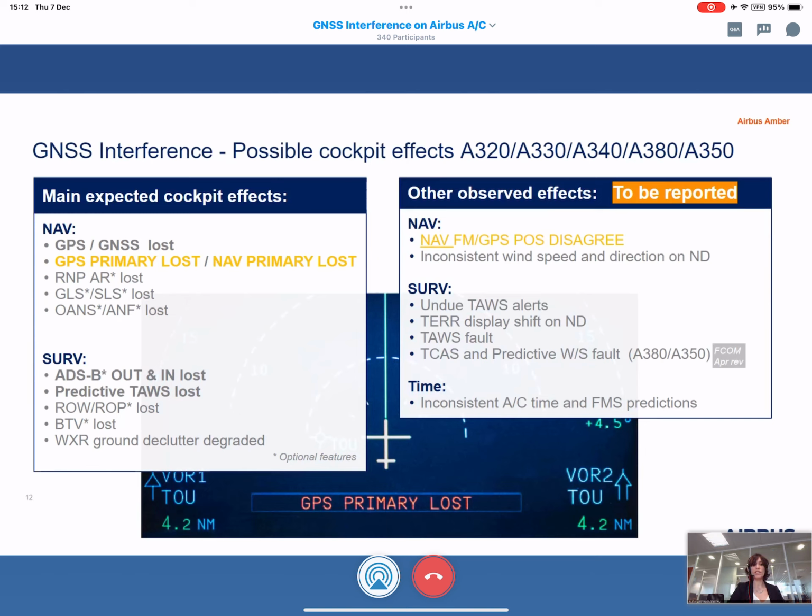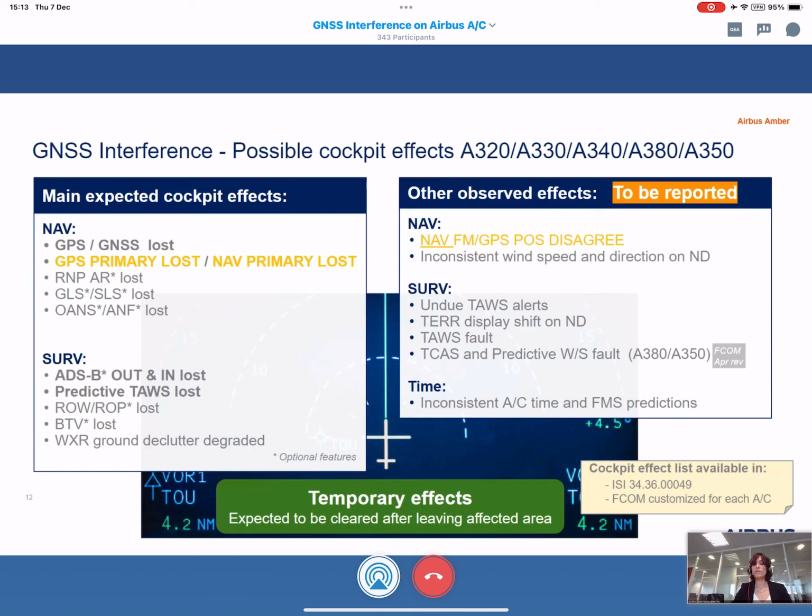Such events are not expected to occur in case of GPS total loss. Please report inconsistent information to Airbus to allow analysis and follow-up of the event. One may think that inconsistent information is linked to GPS spoofing, which we will see afterwards. However, it's not necessarily the case. It could also come from transient computer inconsistent information under GNSS interference. Analysis needs to be done.